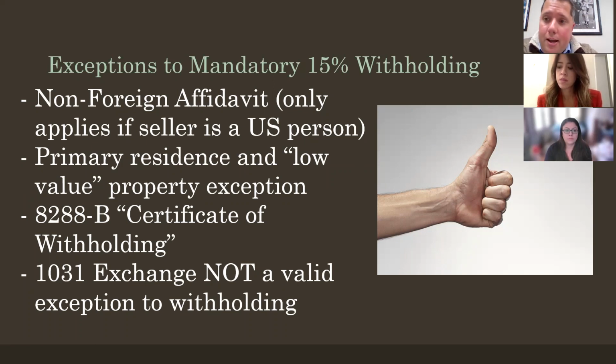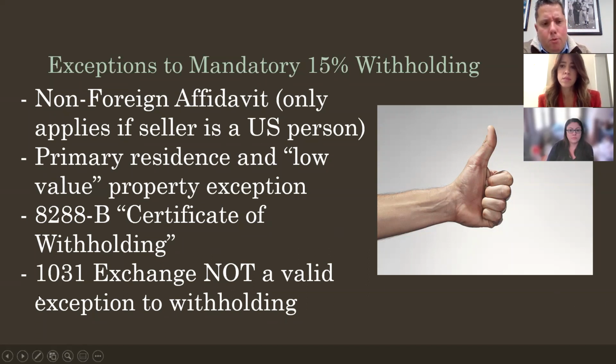If a closing is happening at the beginning of the year, let's say January 1st, a certificate of withholding makes sense, because the foreign seller won't be able to file a tax return for a year, until January of the following year. Unfortunately, there's no perfect solution here. We're dealing with these backlogs, and the foreign sellers are getting really frustrated. We try to give them their options the best we can, but there's no fast solution, that's for sure. The IRS was not terribly efficient even before the pandemic, and now it's just forget it.